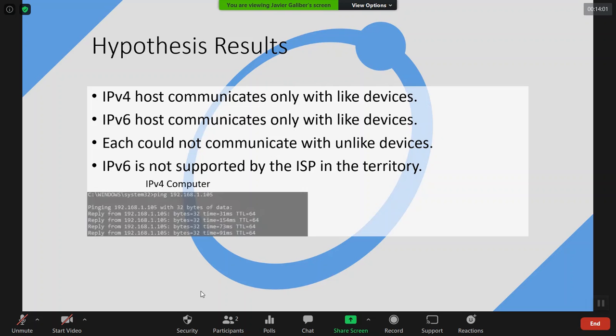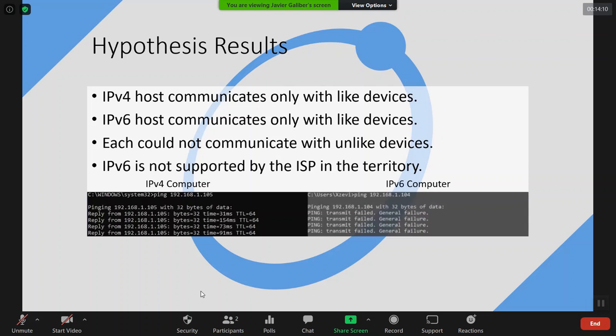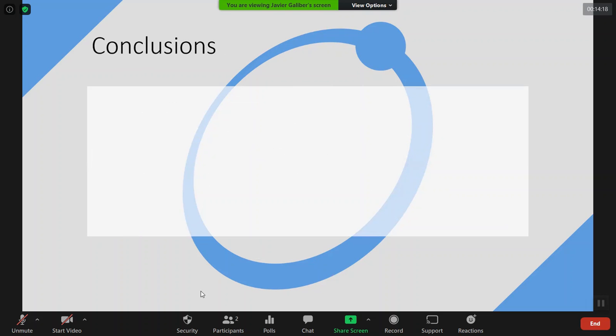On the left, you can see that an IPv4 computer is attempting to communicate with another IPv4 device and is able to do so, while the IPv6 computer has failed to come in contact with the IPv4 device. As for our conclusions,